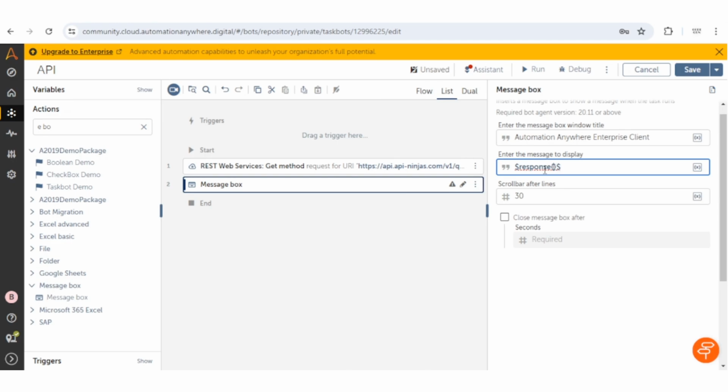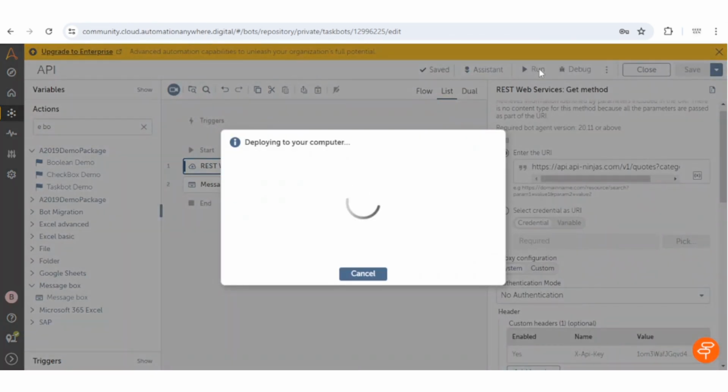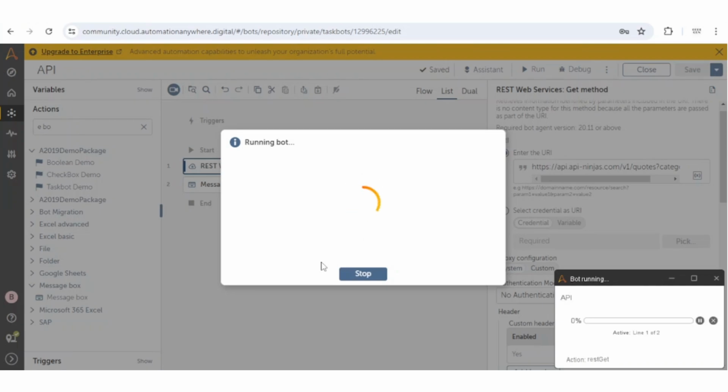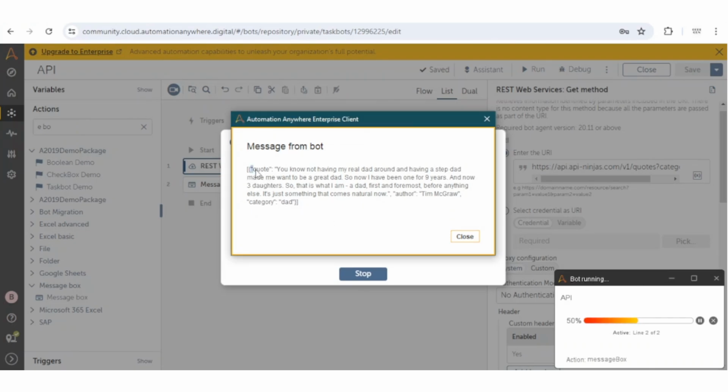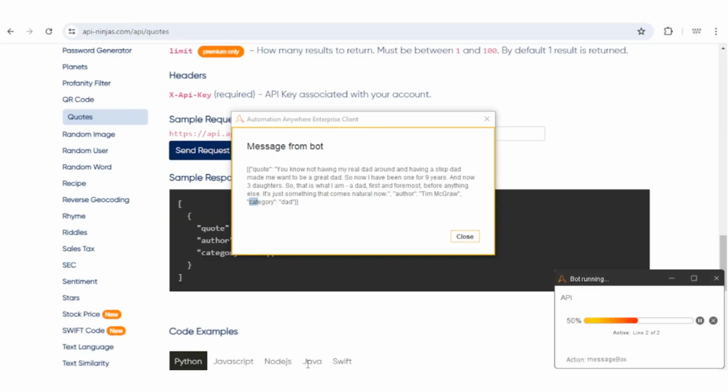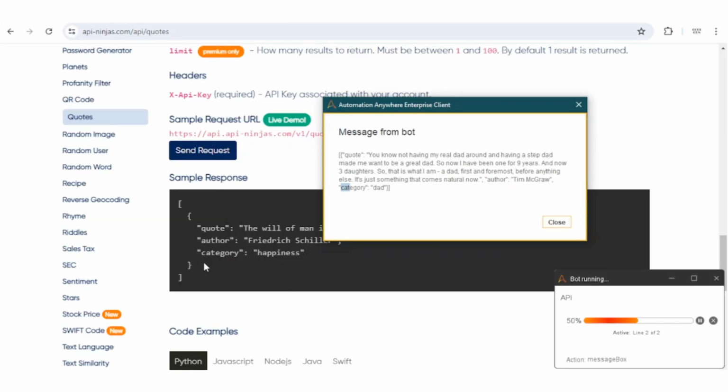Okay, so let me run this. Here we go, we got this response, and you can see quote, author, and category in it. We got all these three elements, and this is a JSON type response.